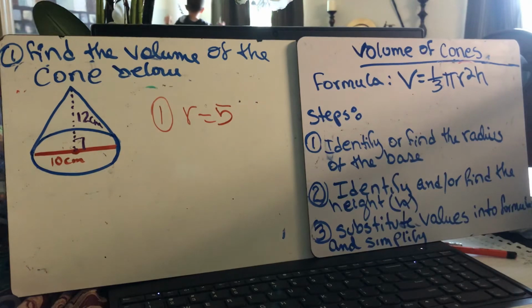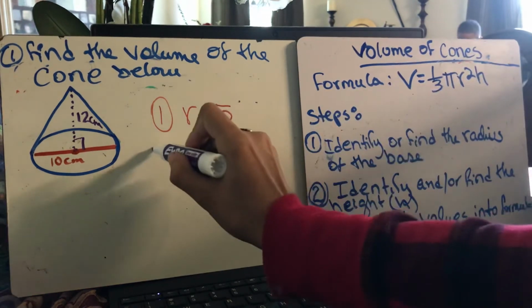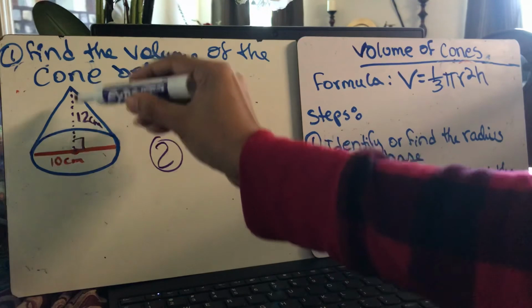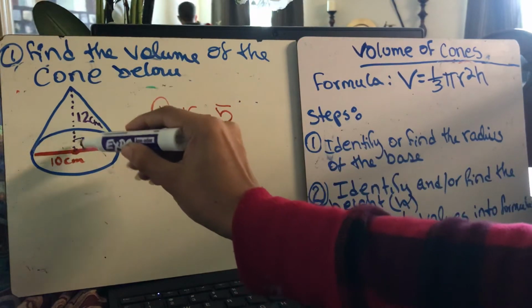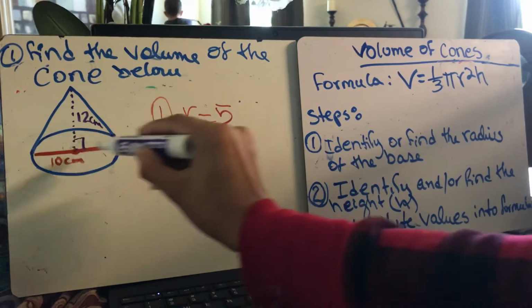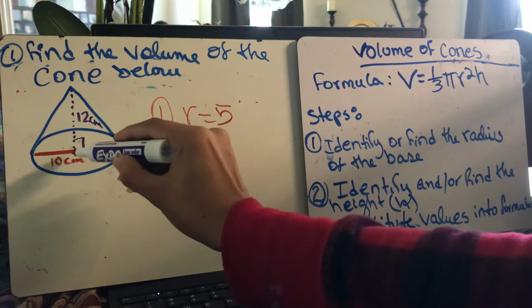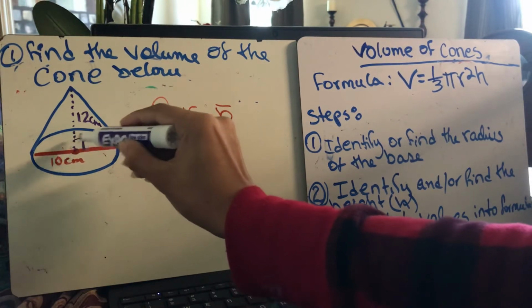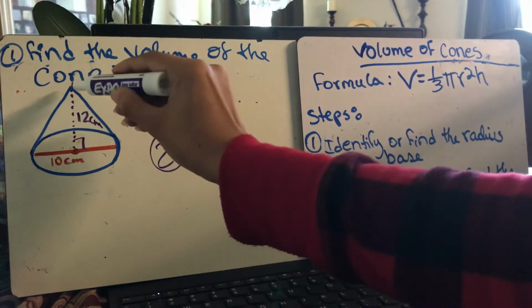Now, the second step says to identify and or find the height. And again, sometimes you have to find it, sometimes it's provided to you. You will always use either trigonometric ratios or the Pythagorean theorem if you have to find it. But in this case, it was provided to you, so that's easy. The second step is going to be the height again, which is always perpendicular to the diameter or the radius, or just the center of your circle, perpendicular to the base, right in the center, and it goes up to the